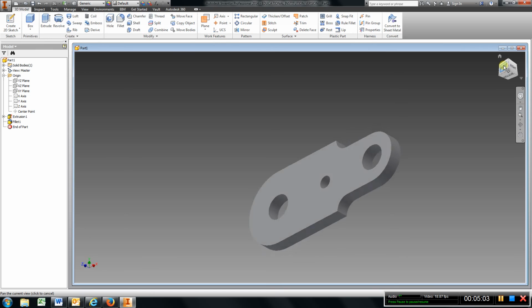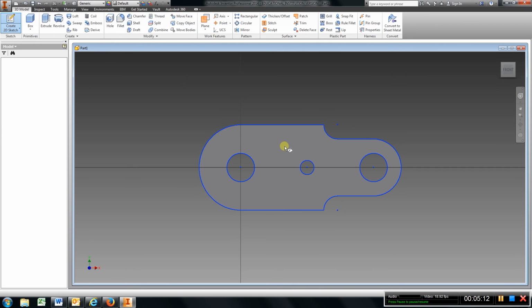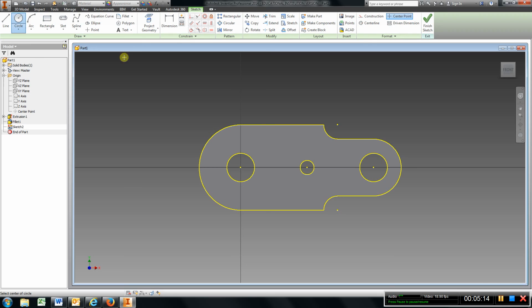Now I'm going to hit in the front, straighten that up. Now we have one more extrusion to add, so I'm going to choose sketch, click on here. Now here's where we add that last circle. Same center mark, and I show a radius of 30, so I type in 30, enter, finish sketch,